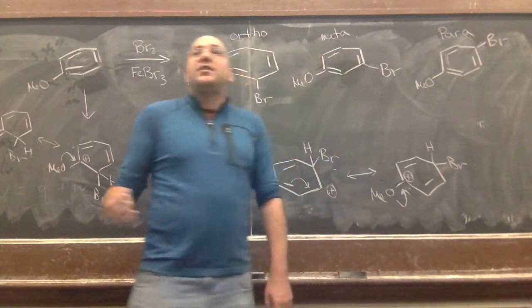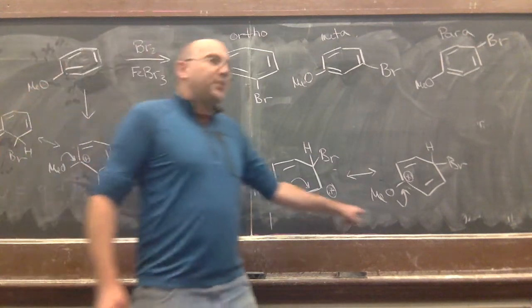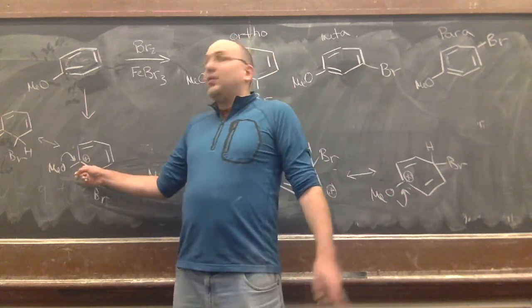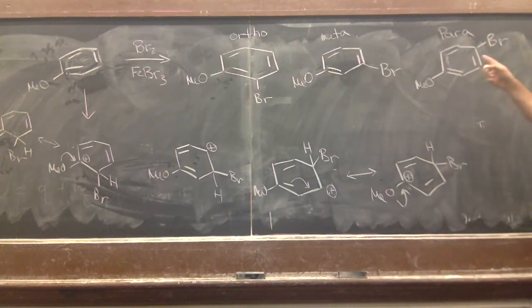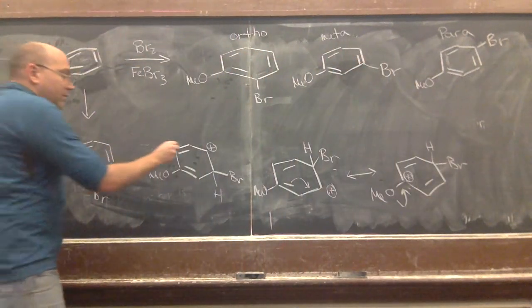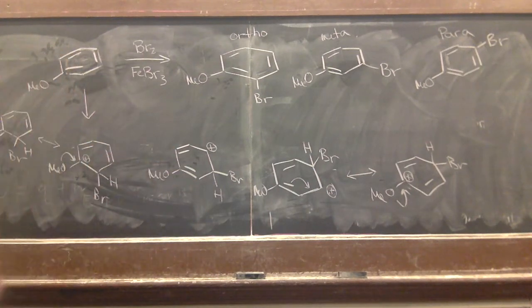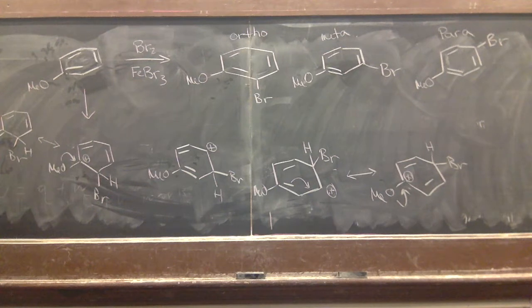So the point is, the resonance form that we saw over here, that you guys immediately picked up on, right? If you just push the electrons one place, you can get to a similar cation. So that positive charge can be on both of them, whether you react ortho or para. We can do the same thing here. If we push the electrons here, we're going to get delta positive here. Then we push them there, we're going to get delta positive there. So one of the things that we see in benzene systems is that